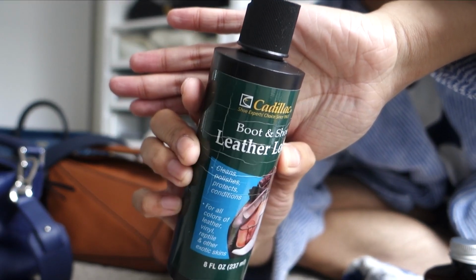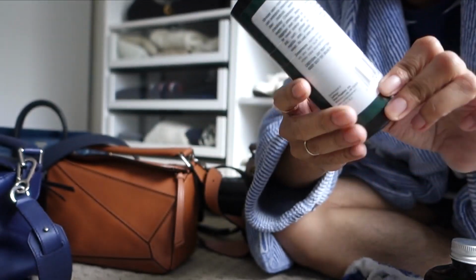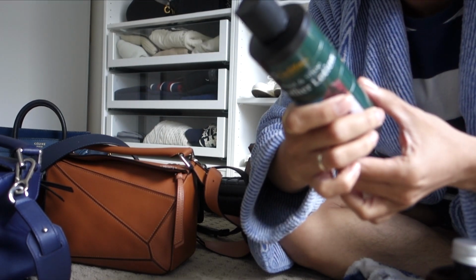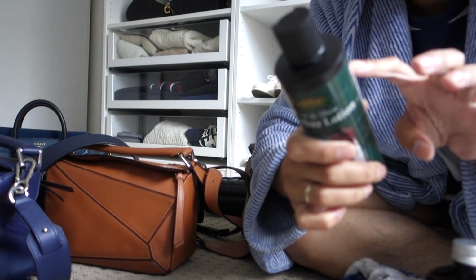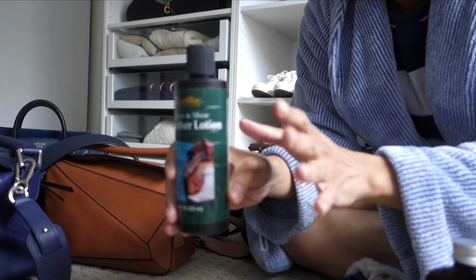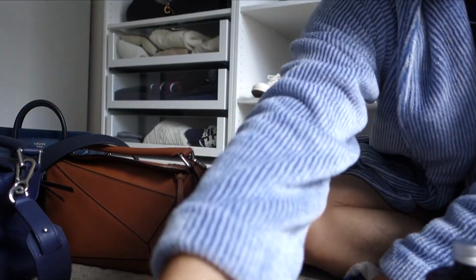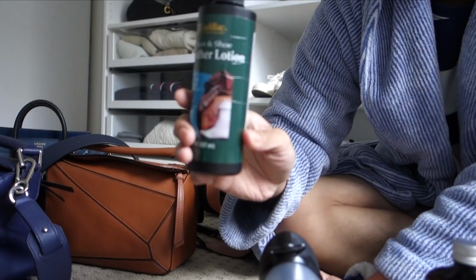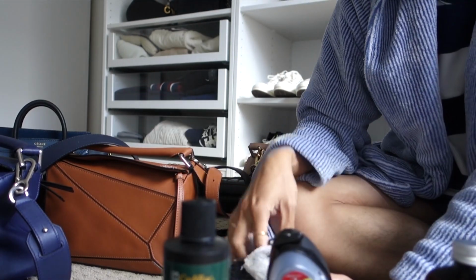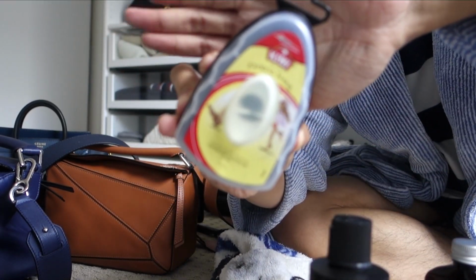If you're wondering, this is the main product that I use for my bags because it's water-based. It doesn't have any oil content. It's a wax-free lotion. It conditions and also cleans the bags as well. So, 2-in-1, love that. I'm currently running out of this. Normally after applying this to my bags, I leave it for a few minutes and then buff it, and then I go through a stroke